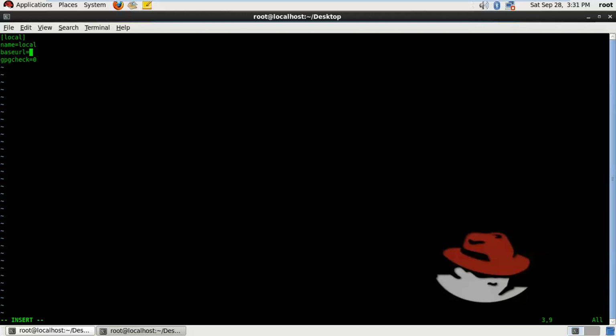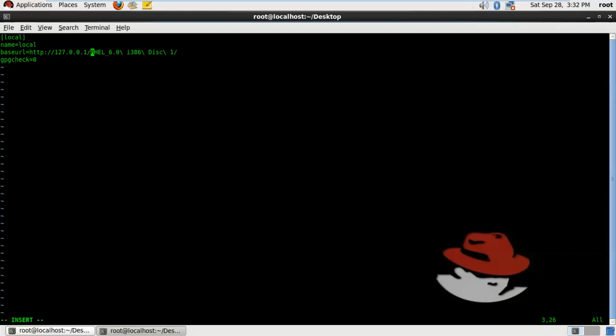Okay, so the one thing that we will have to undo here is that we will have to remove the file extension, because until now what we were doing was using the file protocol, the normal file system, to access the files for the web server. But right now we'll be using the http protocol to do the same. So http